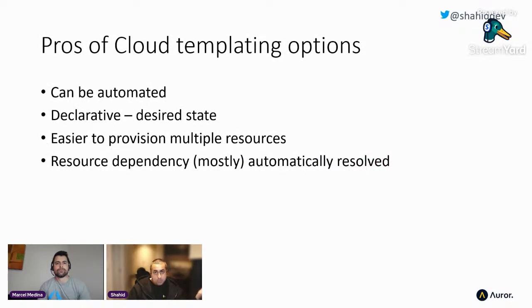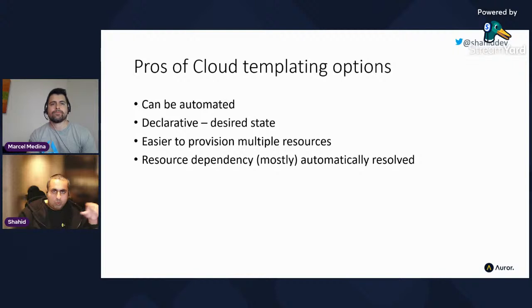So in terms of the pros, which I'll just quickly recover, I guess this can be automated. These templates, we can automate them. They're great. They are declarative, so that's quite an important distinction, and we'll touch on that later on as well. So the file describes the end state that you want. It doesn't necessarily tell ARM how to go about creating all the resources. It just says, this is what I want, and ARM goes away and figures out how to achieve that, and that's great.